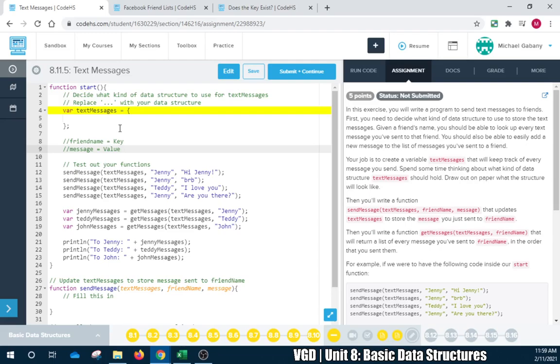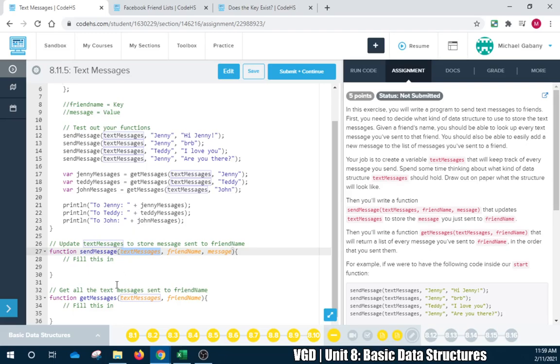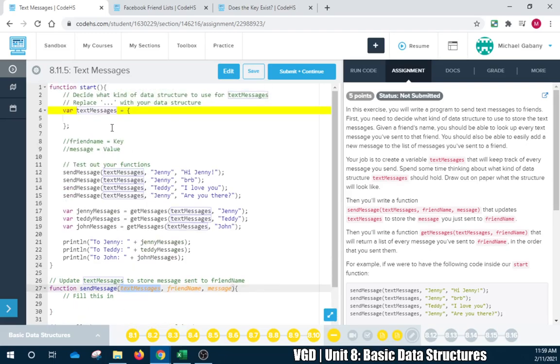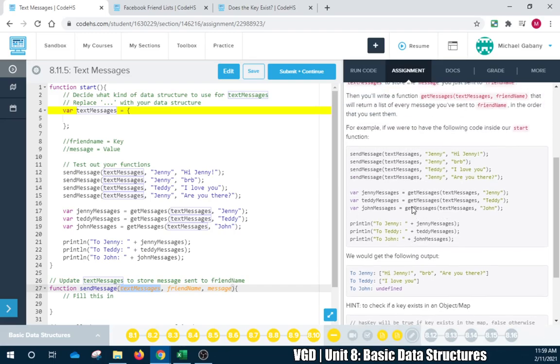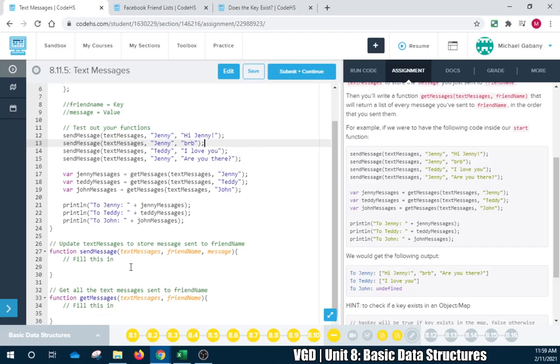All right? Text messages is our variable that we are doing up here. Okay. For example, send message. Jenny will update it, and then it'll